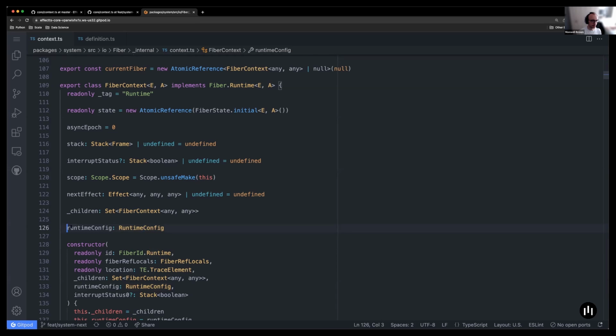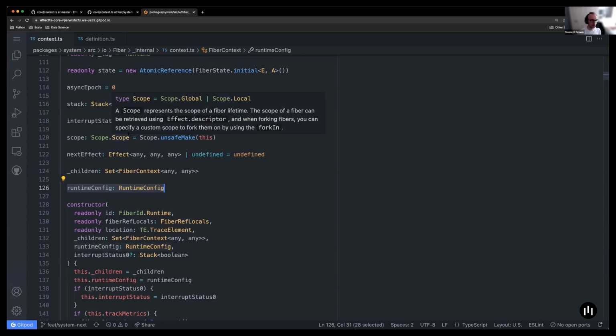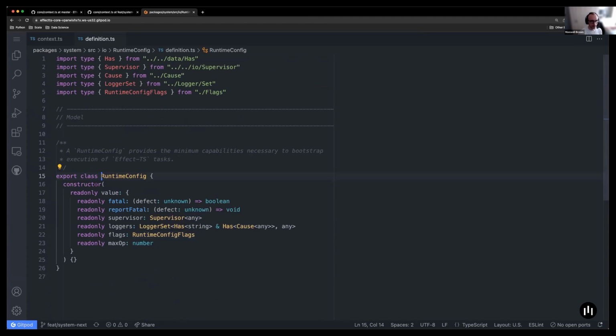The last piece of the fiber context state, the things that we're tracking, is the actual runtime configuration of the fiber. So you have the ability to provide a certain degree of configuration for how a fiber is actually going to execute. And you can actually swap out pieces of the runtime configuration at runtime, which is pretty interesting. So you have access to the runtime config and can manipulate how effects are executing at runtime. But just to give you an idea of what's being passed in here,